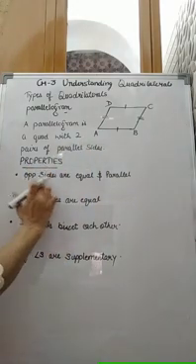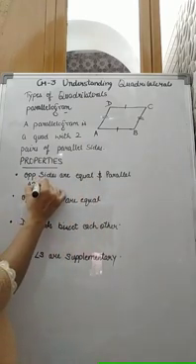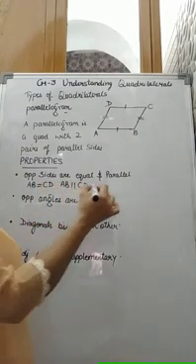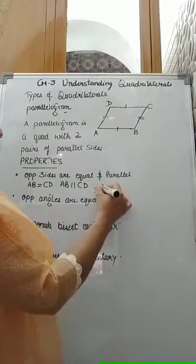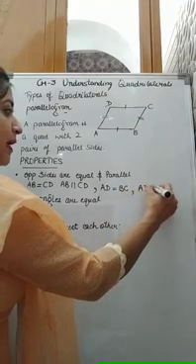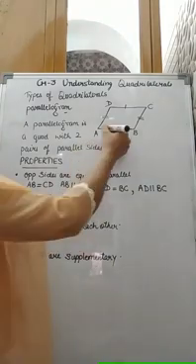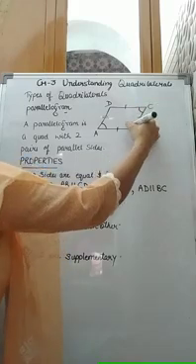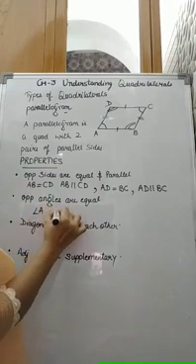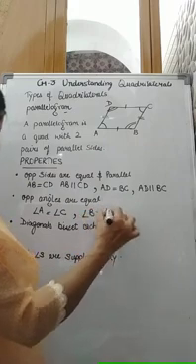I have written opposite sides are equal and parallel. So I can write here AB is equal to CD and AB is parallel to CD. In a similar manner, I can write the next pair, AD is equal to BC and AD is parallel to BC. Opposite angles are also equal, like angle A is equal to angle C and angle B is equal to angle D. So angle A is equal to angle C and the next pair is angle B is equal to angle D.